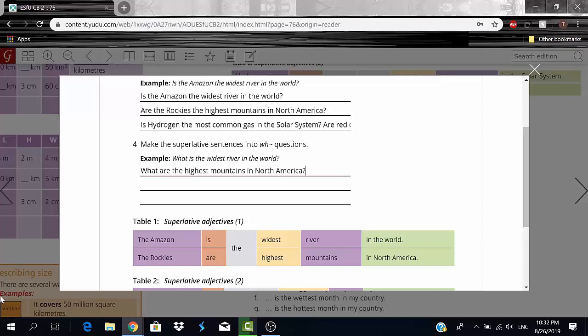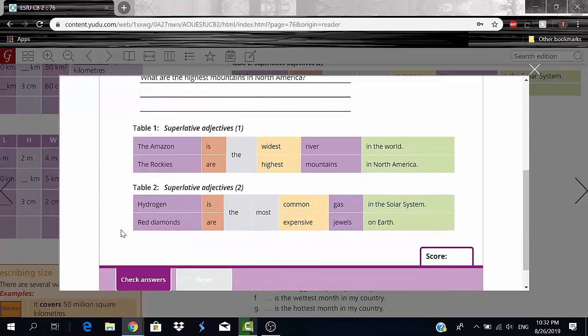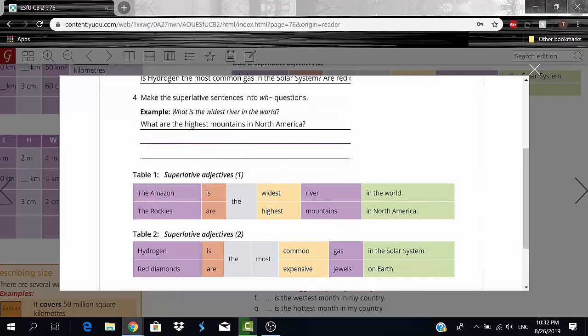So after that, we have number 3. Hydrogen is the most common gas in the solar system. And for that, I could say, what is the most common gas in the solar system?